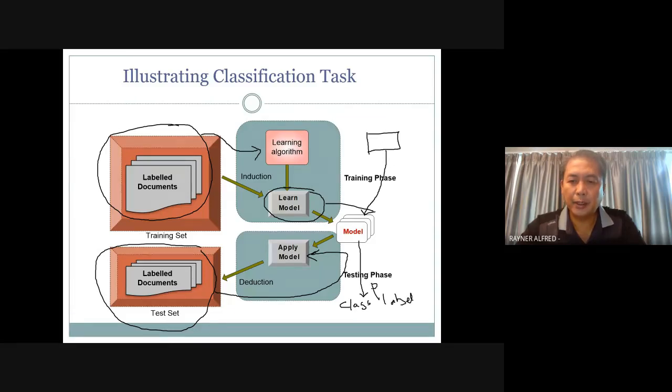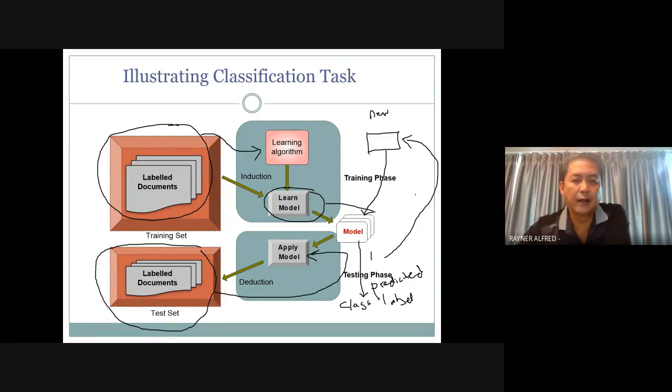This is the predicted one. So how many class labels do we have here? Only one. So that means a new document given to you, you will produce one predicted class label for this particular